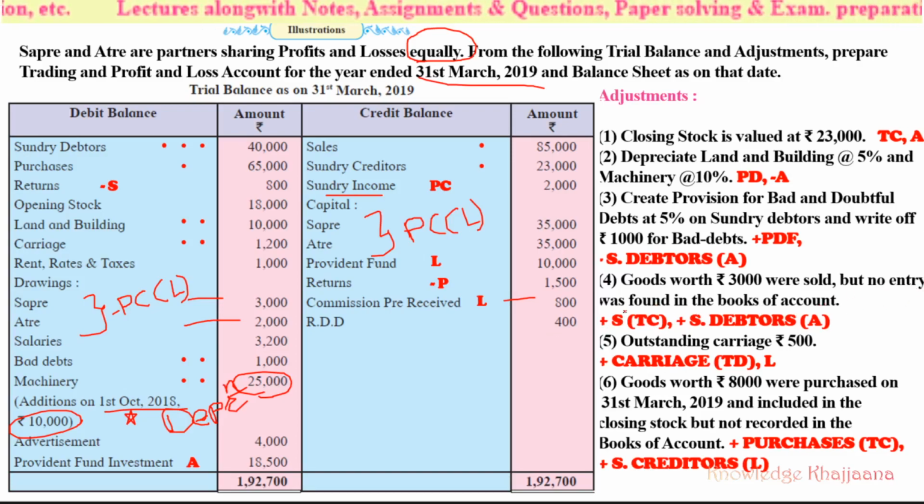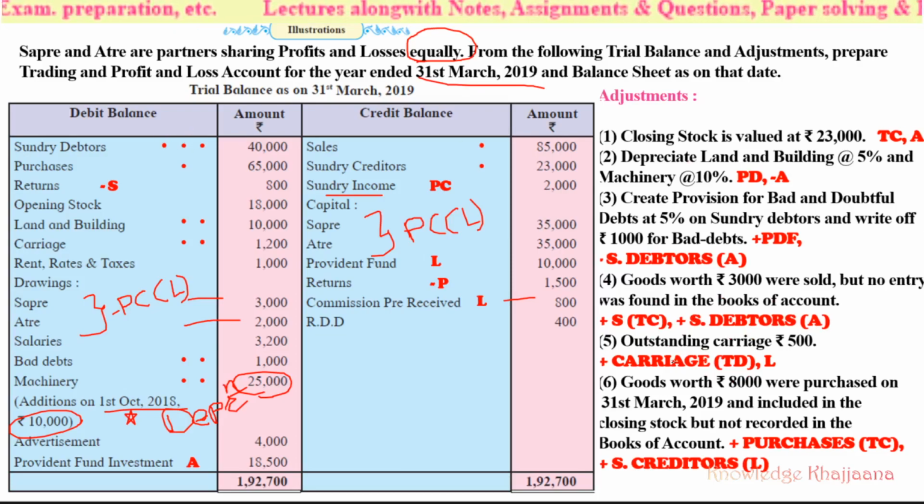But no entry was found in the books of accounts. So goods were sold, and by default we have to add them to sales. As we have forgotten and haven't made the entry of rupees 3,000, tomorrow or in future some people will come to return your money, right? So we haven't recorded them as debtors. So we have to record them as debtors. We have to add them as debtors in the asset side of the balance sheet. Okay. Next, for this what we have to do? We have to add that much amount to the sales. So 1 mark against sales, and 1 mark against sundry debtors.